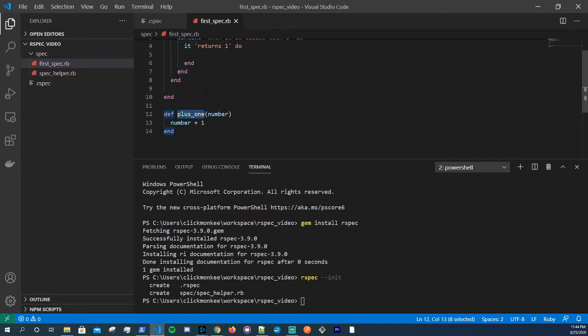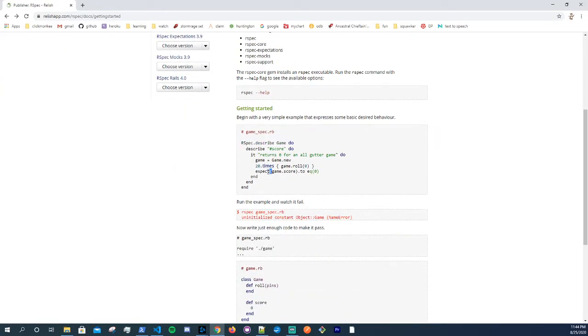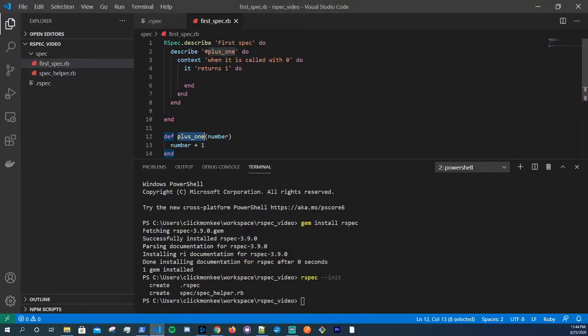But so what we want to do is we want to look at RSpec's documentation here. We can see RSpec gives us this expect method. It takes a parameter of what we expect, and then we expect it to equal something. So we're going to follow this exact same pattern. So expect +1 and we want to pass 0 into this because that's what we're doing for the test. And then we can say to equal